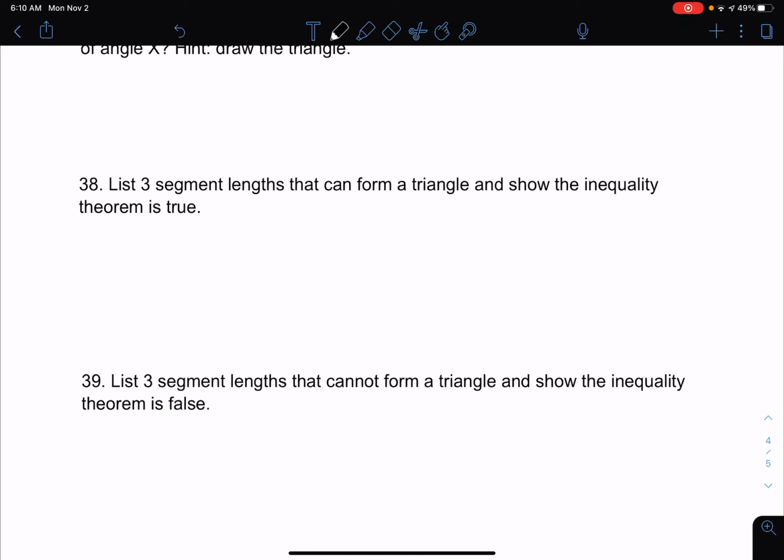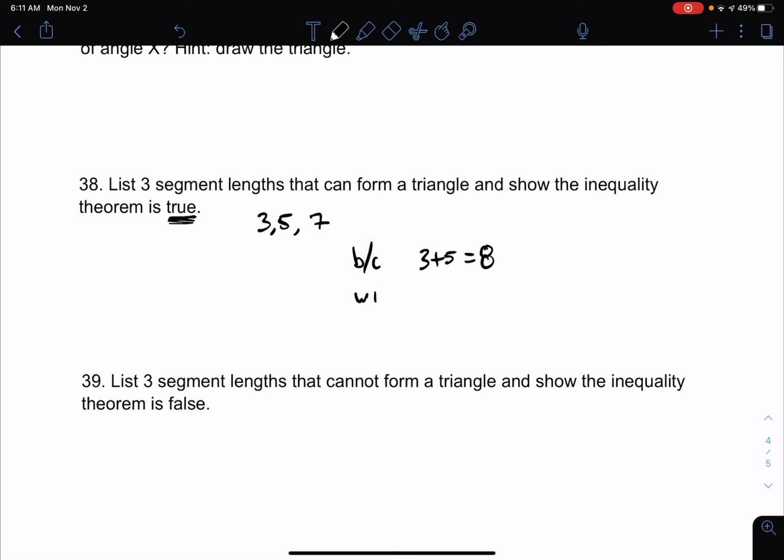Okay, so basically what you got to do is literally just pick any 3 numbers. So I'm gonna pick 3, 5, and 7. Okay, and it has to be able to form a triangle, so it has to be true. So write down 3 numbers that you know can make a triangle. Okay, and then show why it is true. Well, you can say because 3 plus 5 is equal to 8,